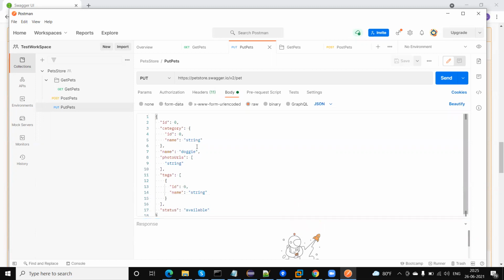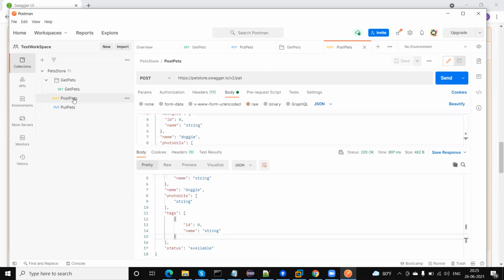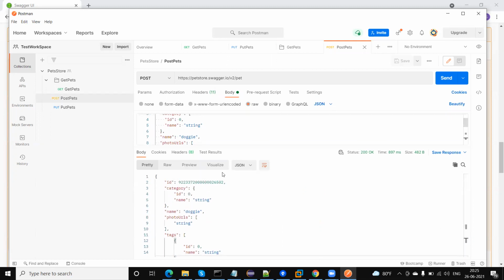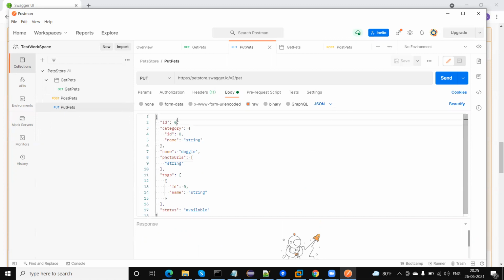Okay, here we will pass the ID of the pets, because that's what I'm going to update. So when I send this post request, in that case I receive the post pets ID. After they created the data in the database, this will return one ID. So now I can use this ID to send the put request. Let me update here. So this data will be uploaded. Let me save this request.